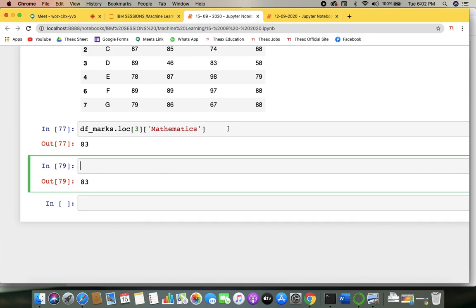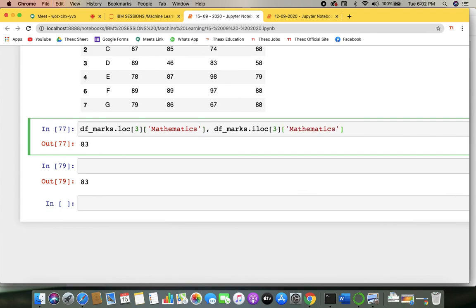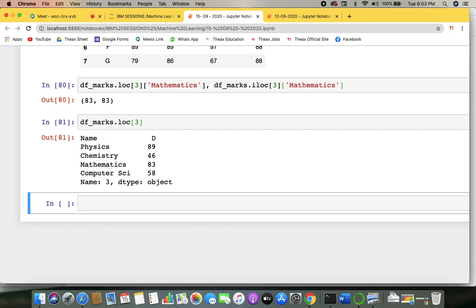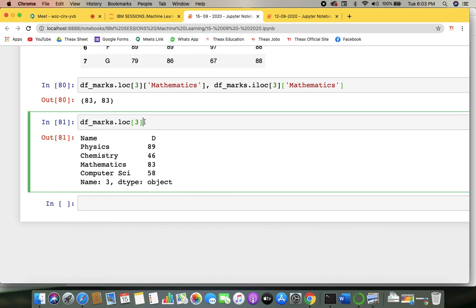Let me cut this. I'll write it here. So using loc and iloc, you get the things separately accordingly, right? This is one such feature. Now, if I am writing df_marks.loc[3], what am I getting? A series, right? Name 3 series I am getting. But if I don't want the series, what should I do? I should make a double bracket here